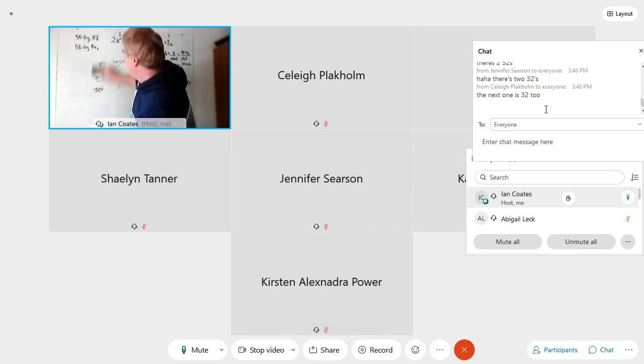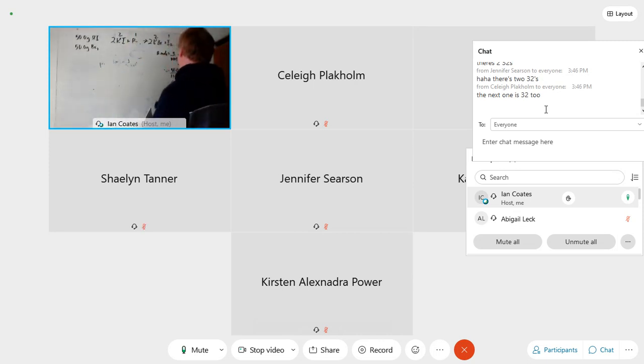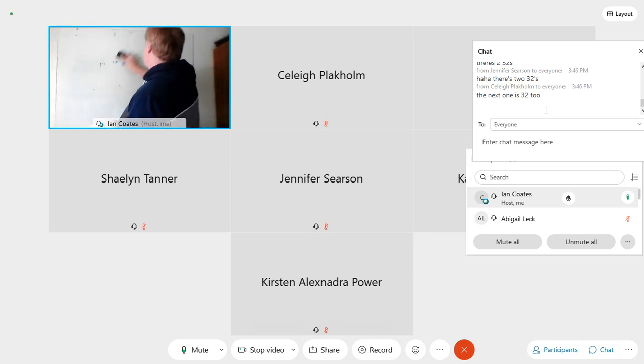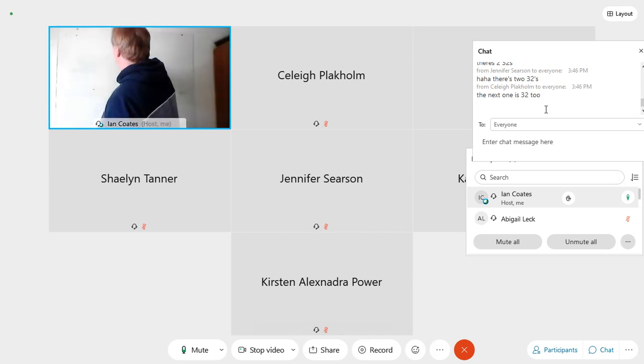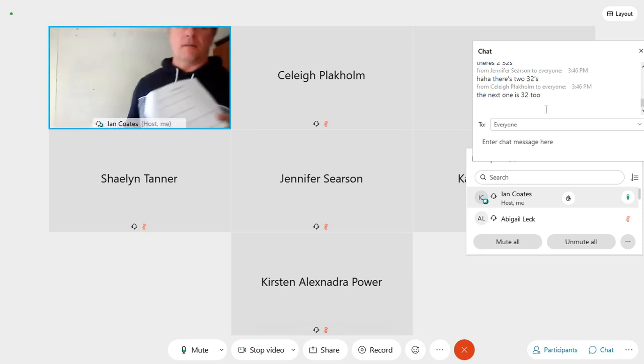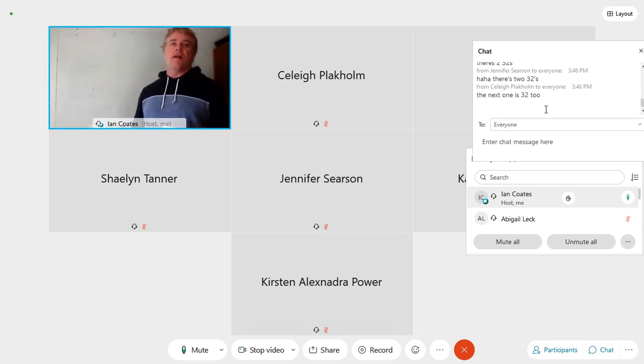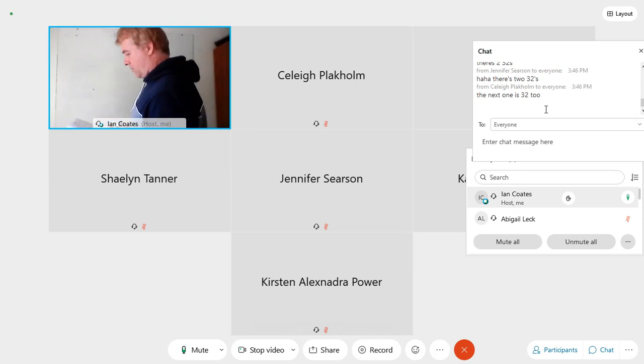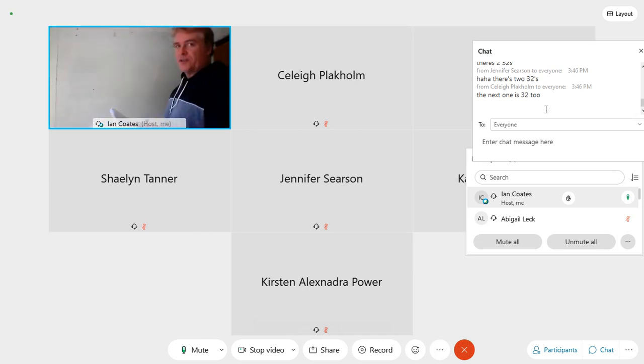Cool. Now, the net ionic. You will see this one as well. Now, you remember there are atoms in a chemical reaction that are busting it up and they're a part of it. But then there are atoms in a chemical reaction that are just sitting around on the bench. We call these guys spectator ions. They're not really involved, but they're there. And so, 32 number 2,